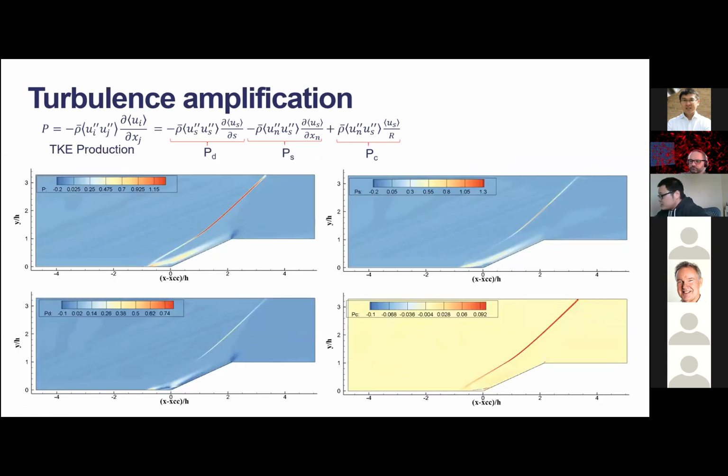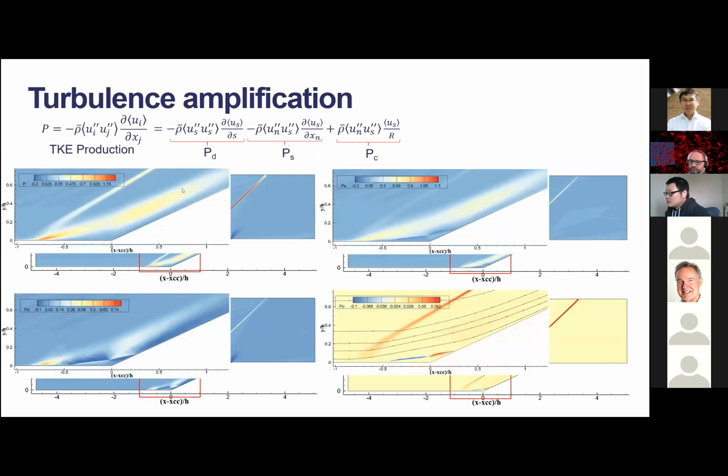For the 25-degree case, the situation is quite different. This is also the total production. This is the shear, this is the deceleration. We notice that the deceleration terms have larger values at the initial interaction point, and for the curvature terms, they are still one order smaller than the other terms, but we notice that